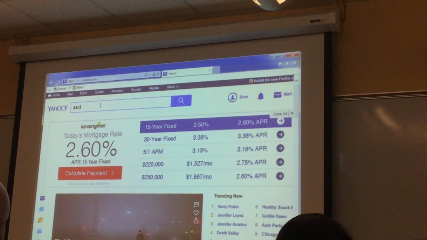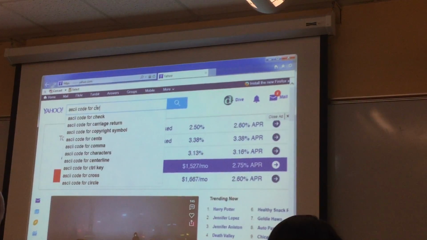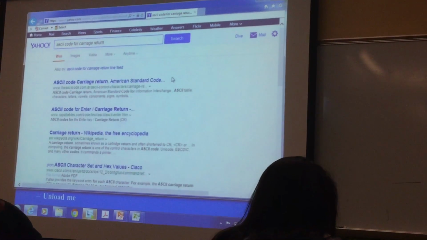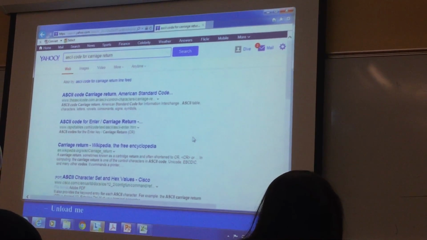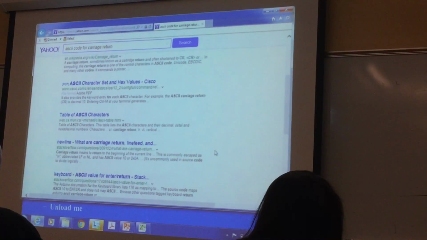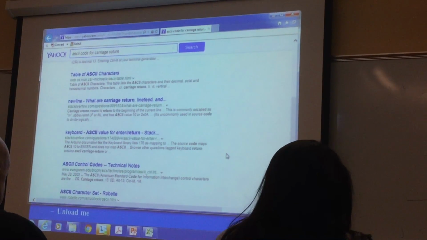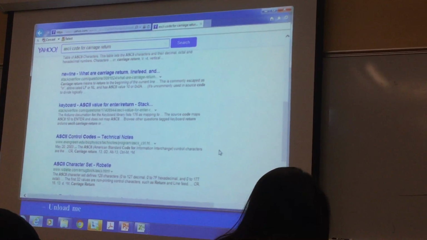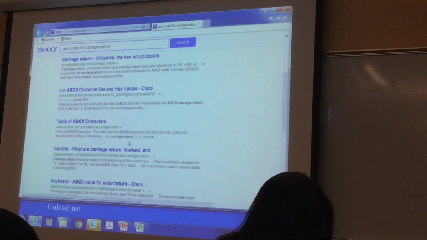Okay, ASCII code for carriage return. Can't they just give me the answer? Well, that's